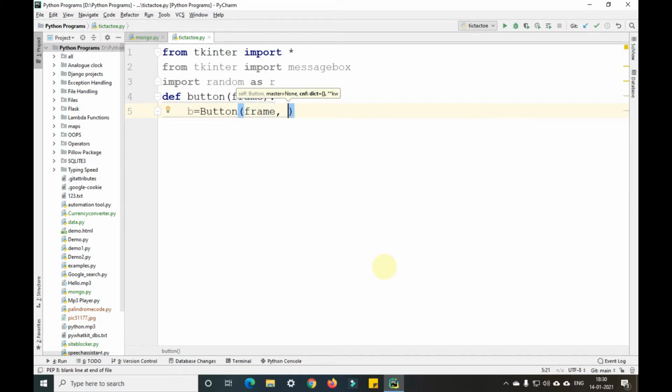We'll give the padding for that button, padx equals 2, comma, background color as some color. We'll give it light green, or parrot green.